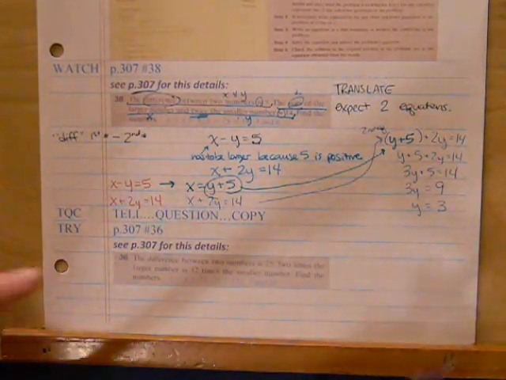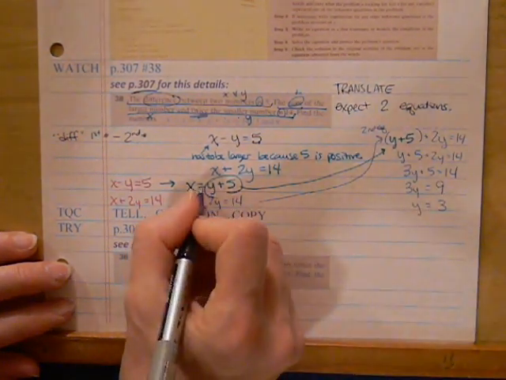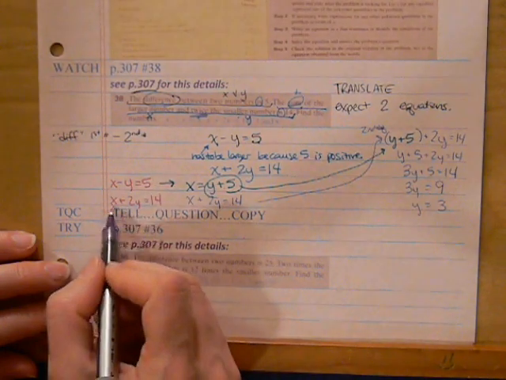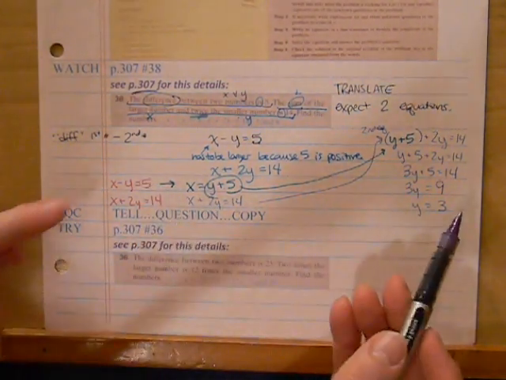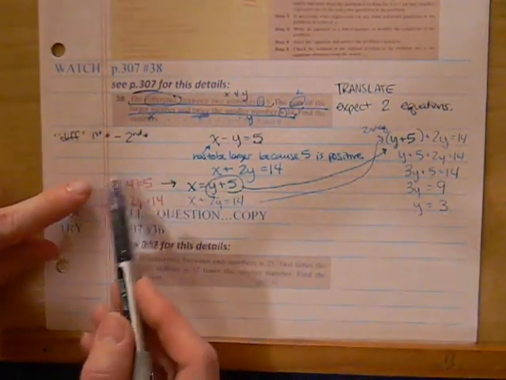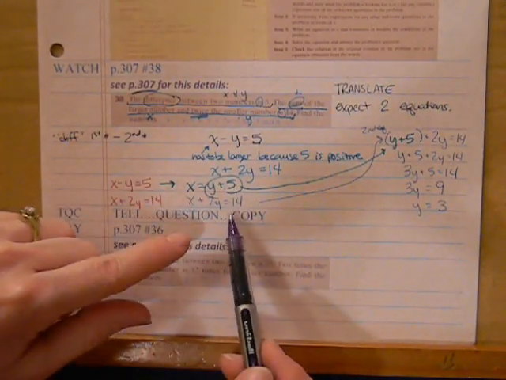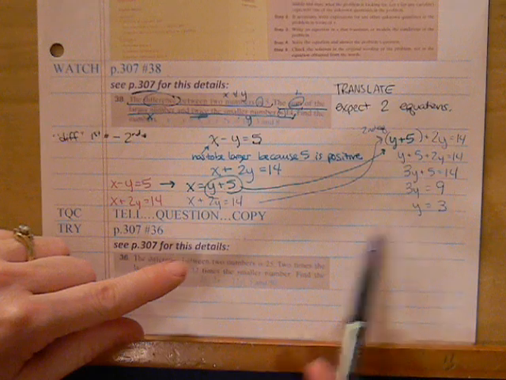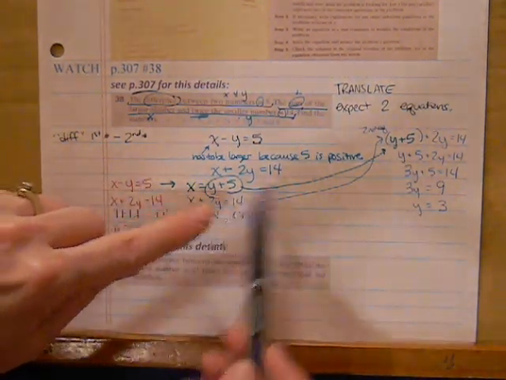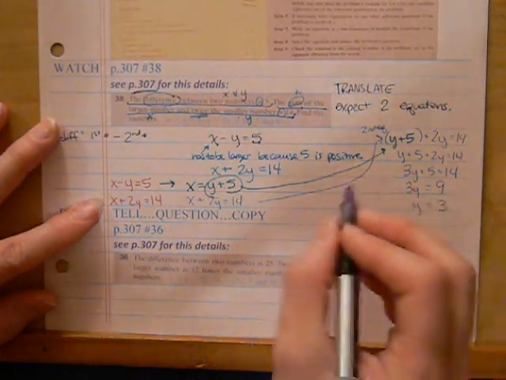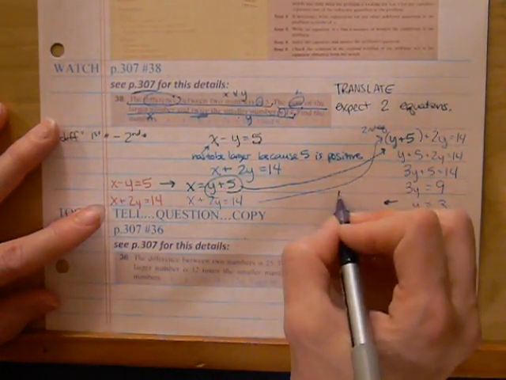That's our y coordinate. Now to get x, we can use back substitution into either equation. x minus y equals 5 or x plus 2y equals 14. Pretty critical that you go all the way back to the originals, because if you've made an error in setting up either of the other ones, you'll happily convince yourself that your wrong answer is still correct. So go back to the originals to plug it back in here. So back substitution,